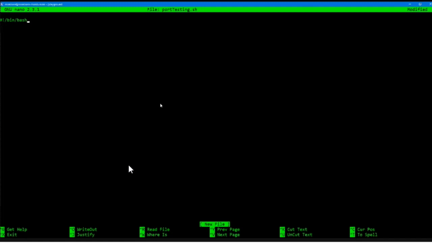This basically tells the operating system which shell to use. Should it use bash? Should it use the normal sh that's already built in? Right now, I'm going to use bash because it has a bit more advanced capabilities than sh. The next thing that you do, and this is part of a normal coding perspective, not just from the scripting perspective,